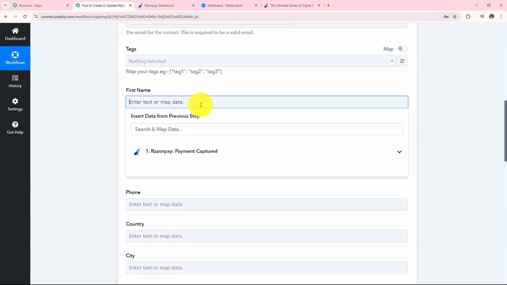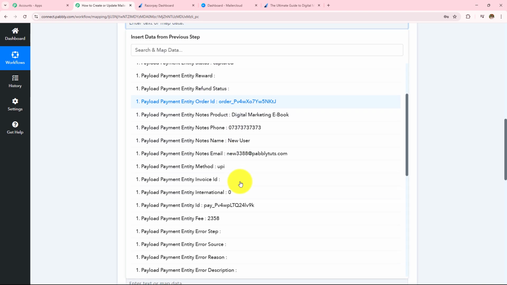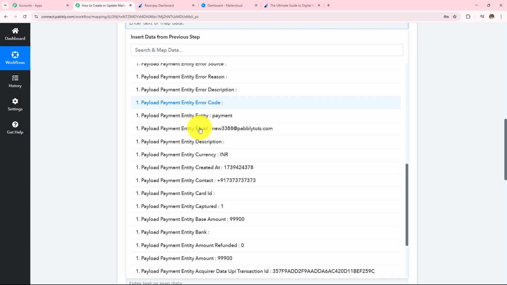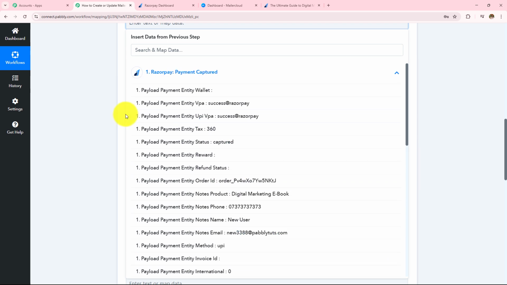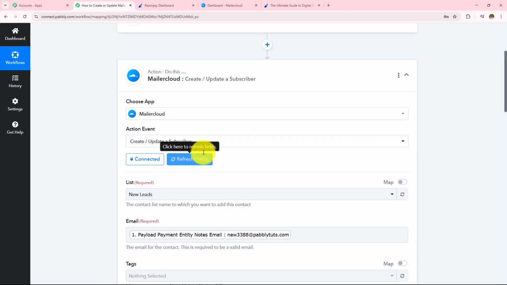Then over here, I need to enter the first name and the last name separately, as you can see over here. Now when I click on this and map the values, I have not received the first name and the last name separately. Here we have not received any such response. Here we have received the full name of the lead. So now I need to format this full name into first name and last name.